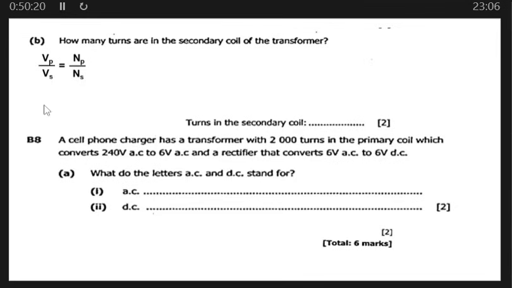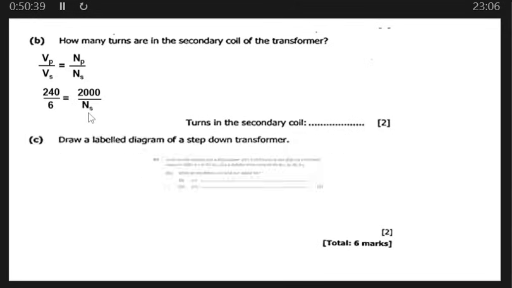So now what we are going to do is to substitute. So we'll say voltage in the primary, which is 240, divided by voltage in the secondary, which is 6, is equal to number of turns in the primary, which is 2000, divided by number of turns in the secondary coil, which we don't know. So now we are going to cross multiply. So we'll say 240 times the number of turns in the secondary coil, which is 240 times Ns, is equal to 6 times 2000, which will give us